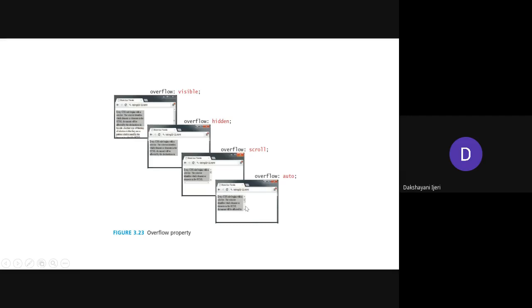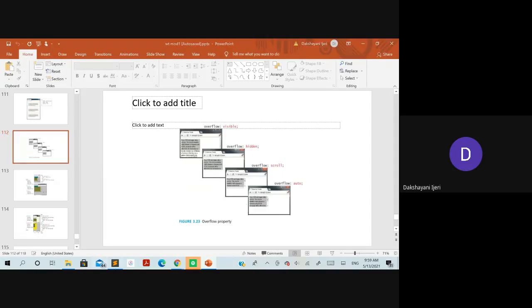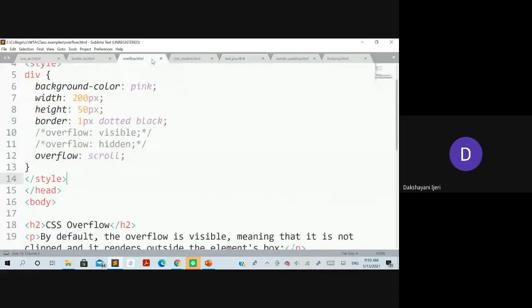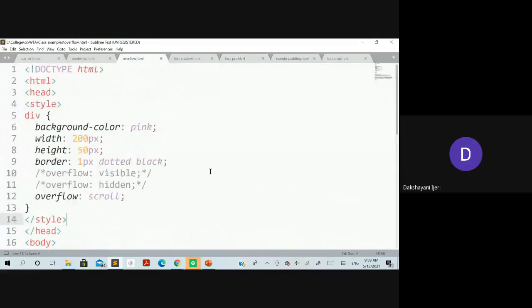So let's see these things with an example. So how to use them, correct? You can see here within the style I have used these properties for the division.